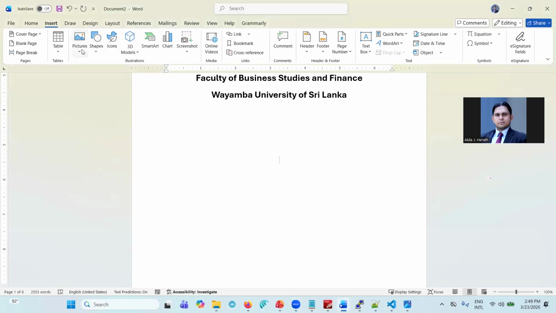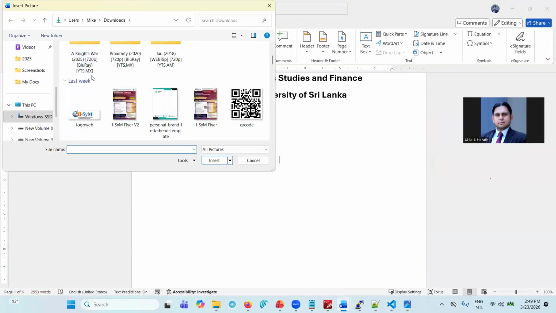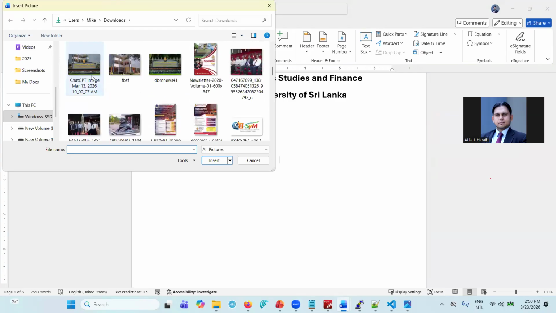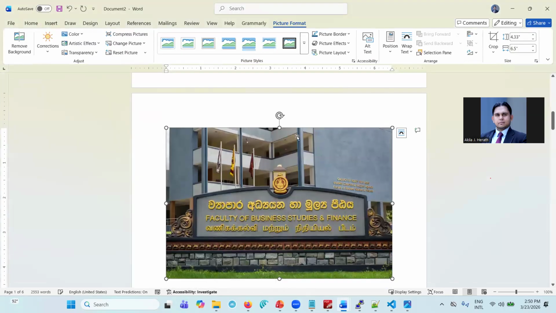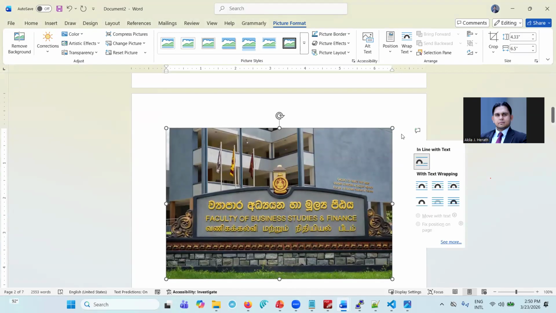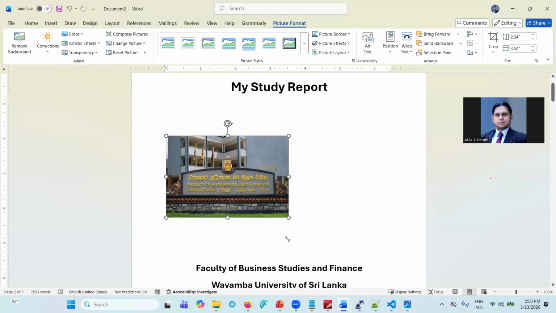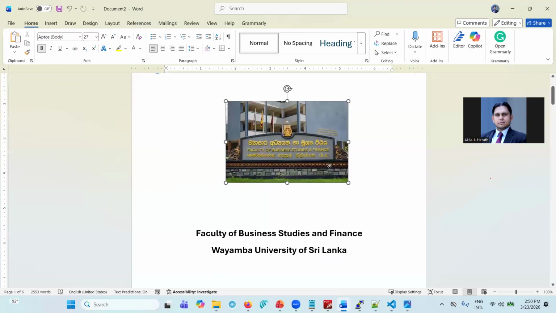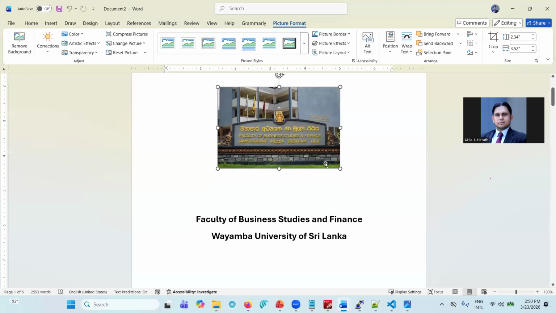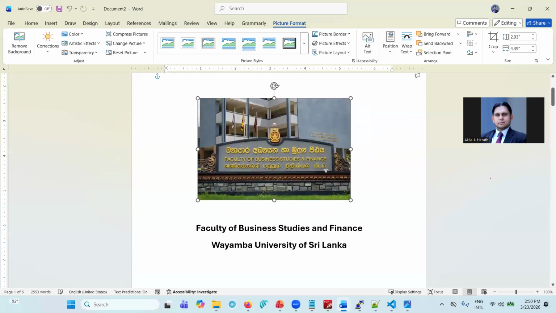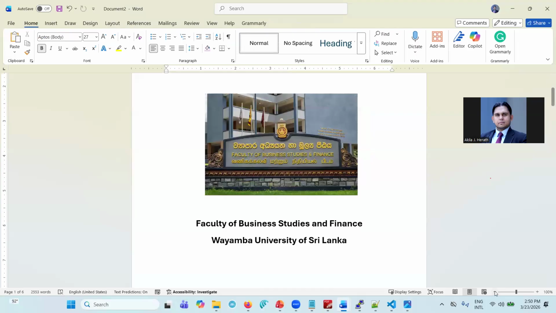Just click on pictures, go to insert pictures, this device, and you can select the image. Then you know how to handle images. When you get the image, you have to change its wrap option. So I'm going to change that to this one, top and bottom. Okay, children, now this is my cover page,